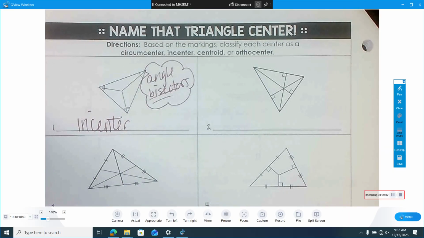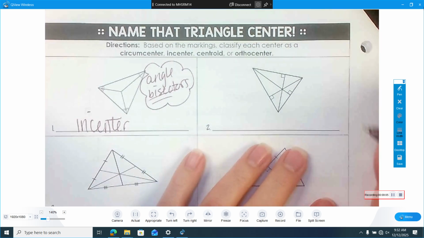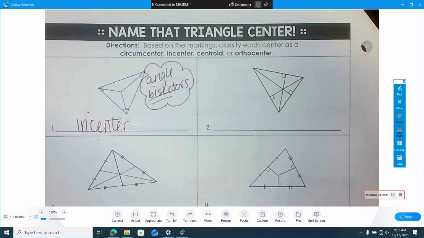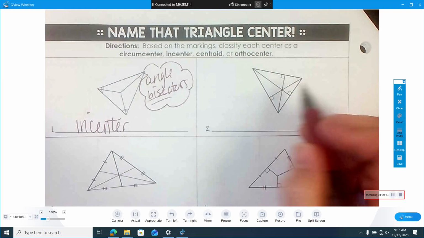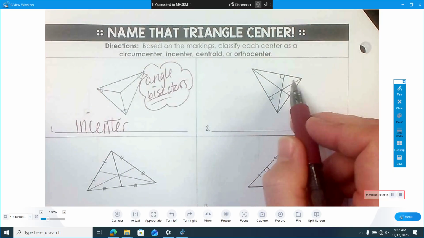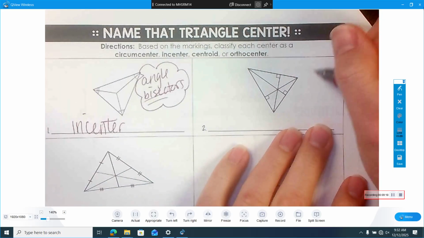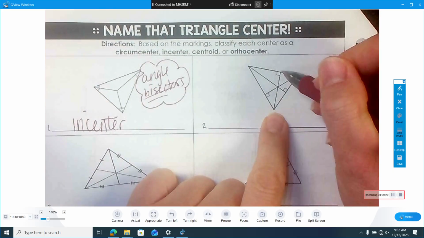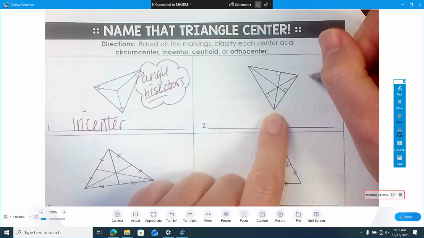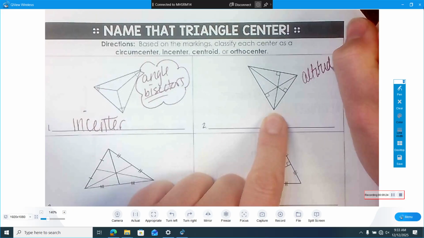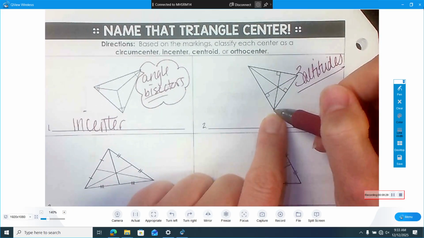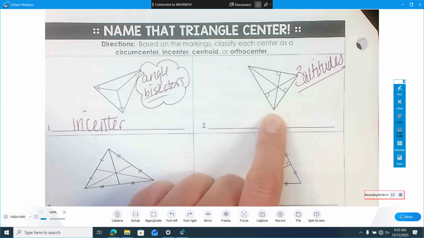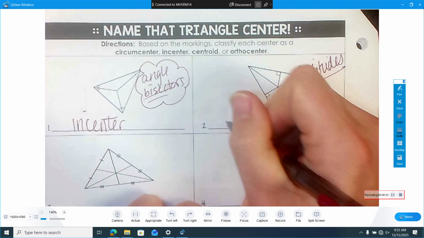Number 2, what did they give us? Perpendicular bisectors? No. Perpendicular, yes. Not bisectors. Why not bisectors? There's no congruence markings. These are just perpendicular. What's that called? Altitude. Yeah, these are altitudes. 3 altitudes. They are from a vertex perpendicular to the opposite side, and that is the